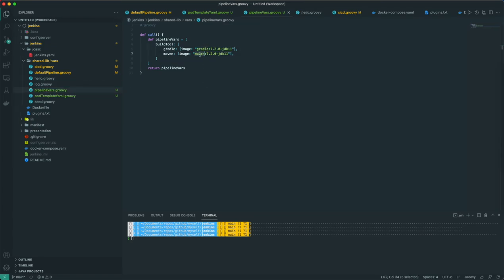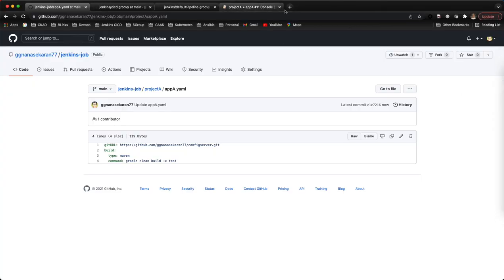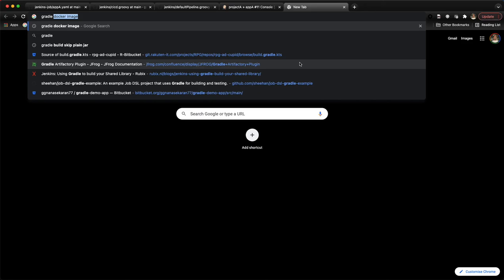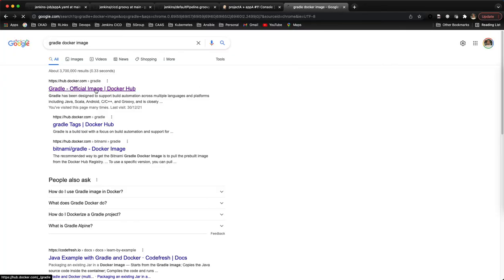So here, just assume you are going. Now it has to take Maven. Inside this Maven, I am taking this one. But to understand it better, I will put a Gradle Docker image.